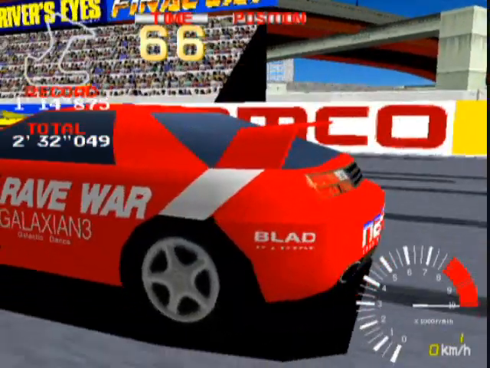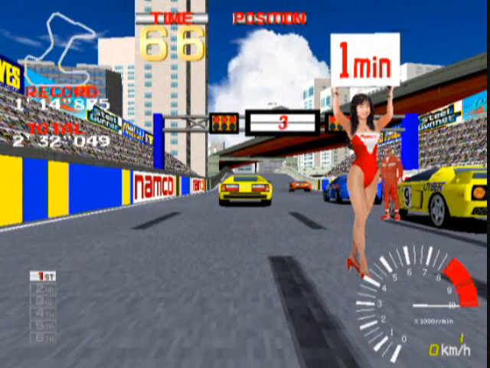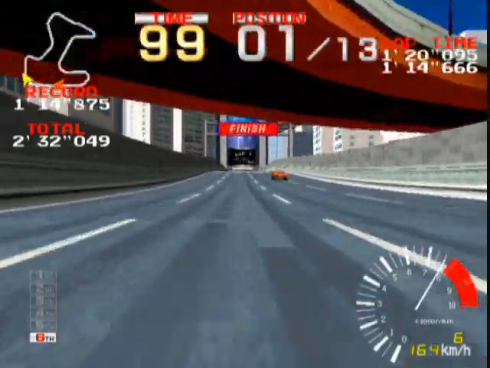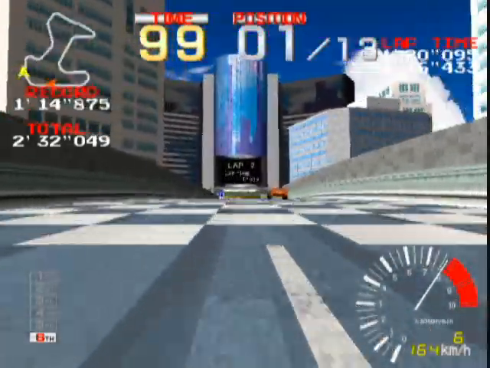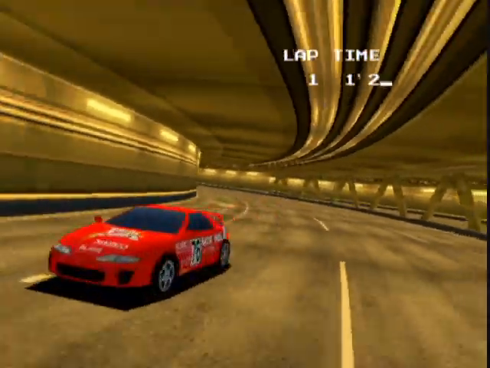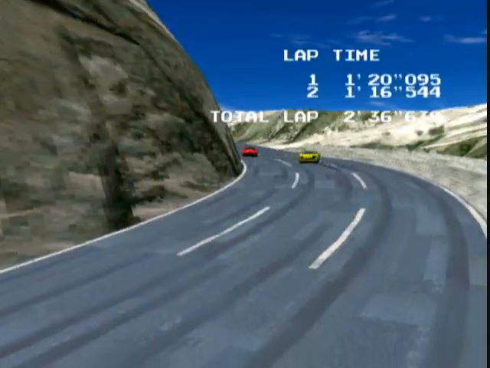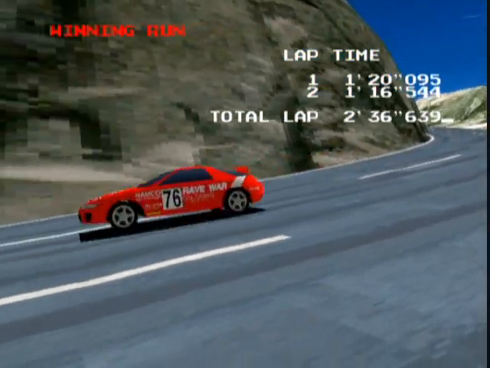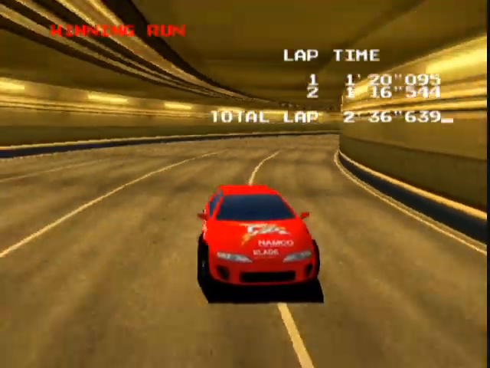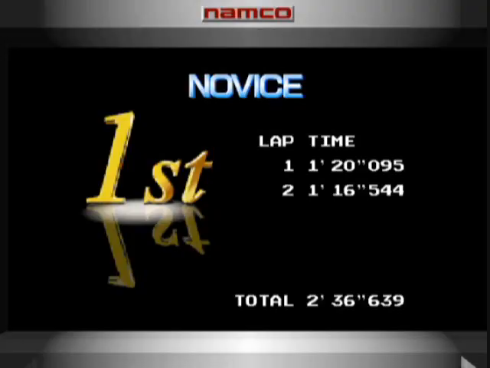In order to get your initials, you will need to finish in first place on the hardest stage time trial. I just wanted to show you what it looks like if you did finish in first place and I had to use a cheat. I didn't care at that point. It will show instant replay,